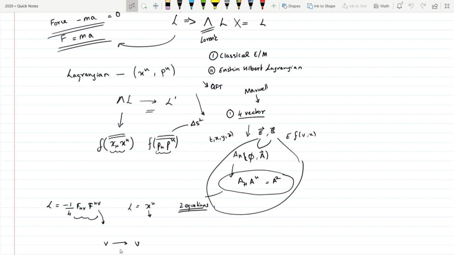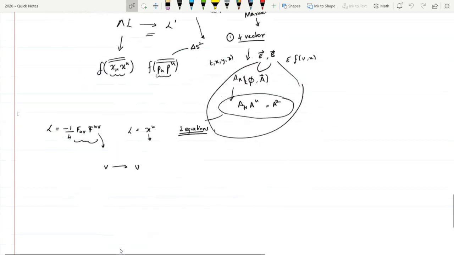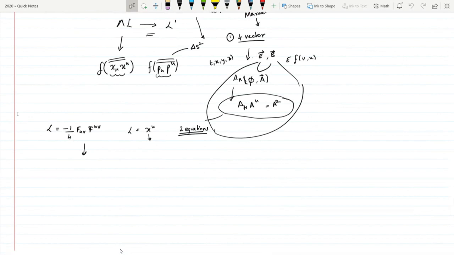Remember, our Minkowski space was nothing other than a tensor. It was a metric tensor that took a row vector to a column vector. Another way you can think about a tensor is as something that requires 2 Lorentz transformation matrices, 1 for each index. That's another way. And in the future, if you're interested in working in quantum mechanics, you find